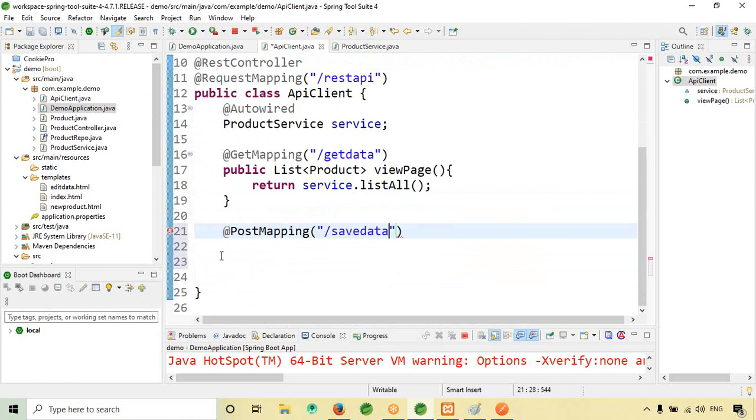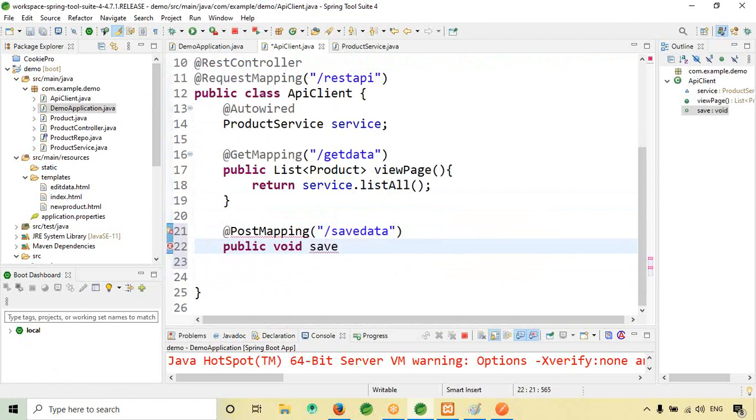Okay, save data. Public void save data. Okay.